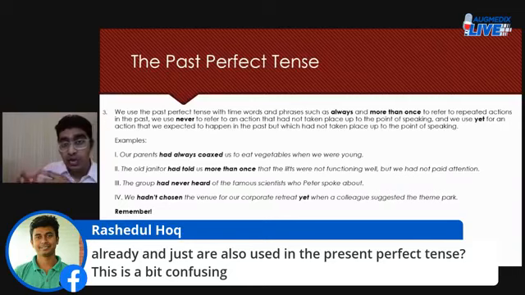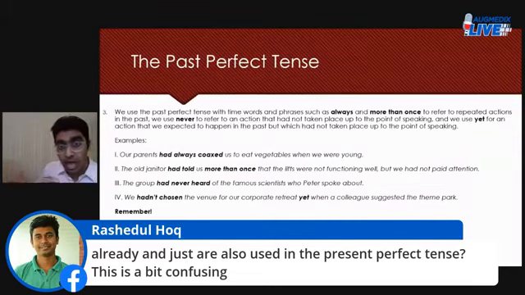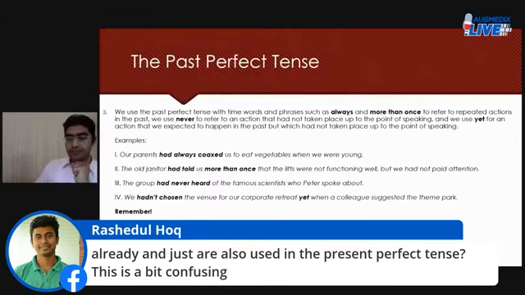So you see, when I said always, I mean that the action of my father encouraging me to speak the truth used to happen many times, right? Lots of times, repetitively. But that doesn't happen any longer. My father doesn't encourage me any longer, but he used to do so in the past, right? So I use always with the past perfect tense to refer to an action that used to take place in the past repetitively. Clear? I hope so.